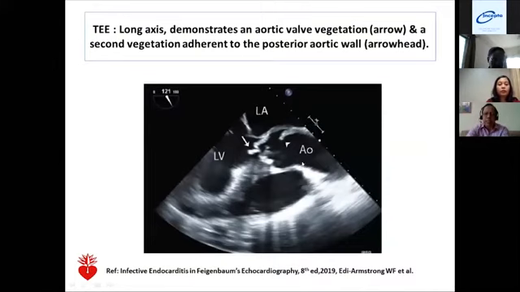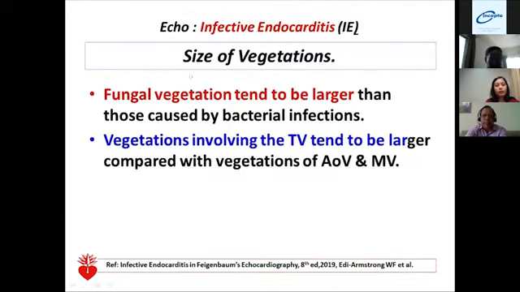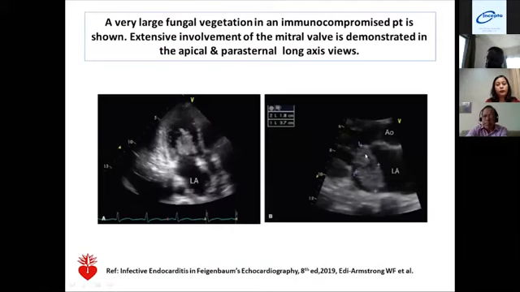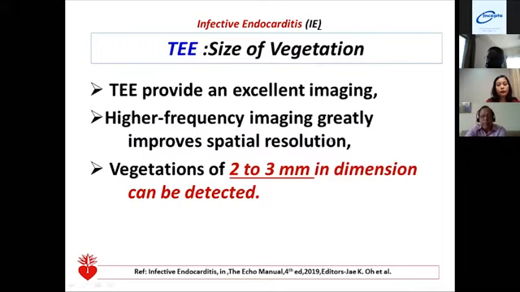This is the still picture of transesophageal echocardiography. You can see two vegetations, one attached to the aortic valve, another attached to the posterior wall of the aorta. The size of the vegetations has already been talked about, but fungal vegetations tend to be larger than those caused by bacterial infections, and vegetations involving the tricuspid valve tend to be larger compared with vegetations of the aortic valve and mitral valve. And you can see the large fungal vegetation attached to the mitral valve. Now, regarding the size of the vegetation, as Dr. Tawfiq Shah has already told, vegetations of 2 to 3 millimeters in dimension can be